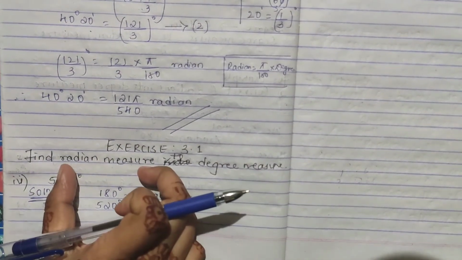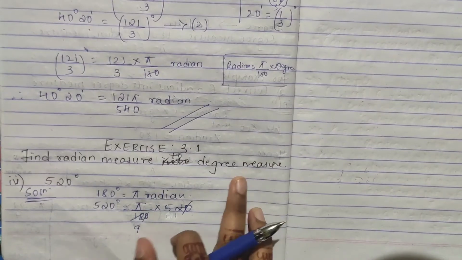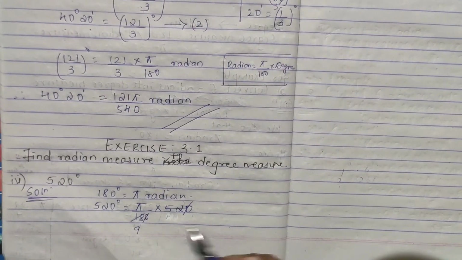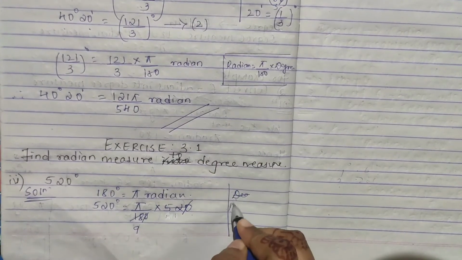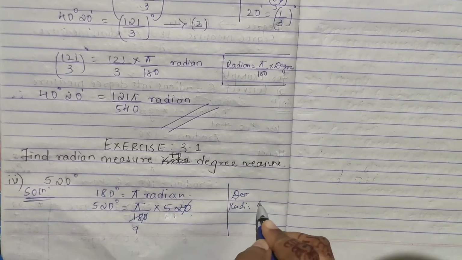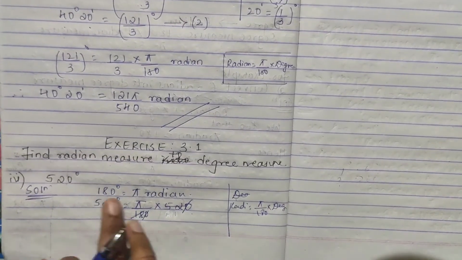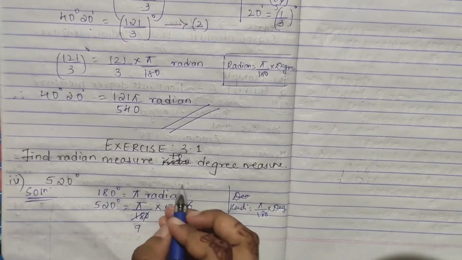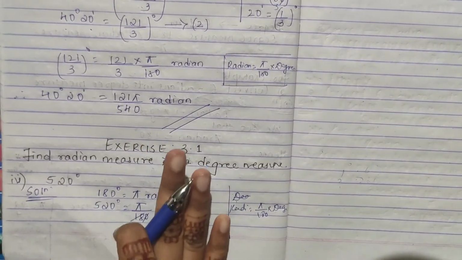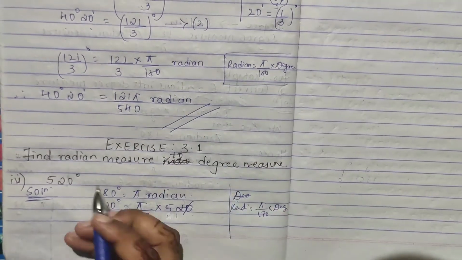So you have to find radian measure from degree measure. They have given degree measure and you have to find in radian. It is easy, right? If you have to find radian, how will it be? Pi by 180 into degree. Pi by 180 into degree, same. I have just written 180, because you have to find radian, so keep it here. If it is degree, you should write 180 degree on the right hand side. Just keep it in mind.